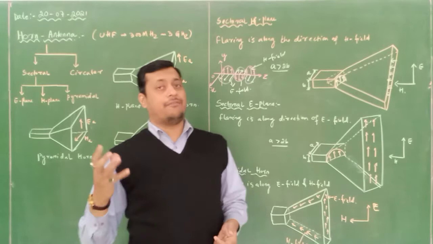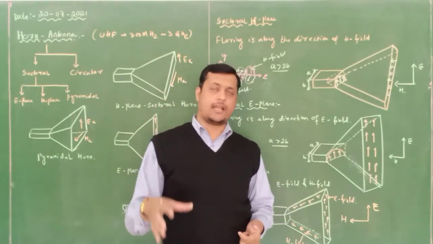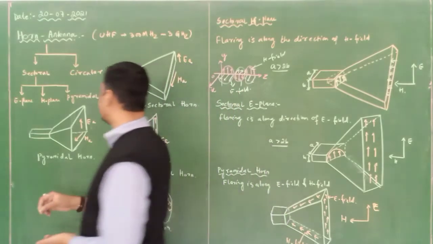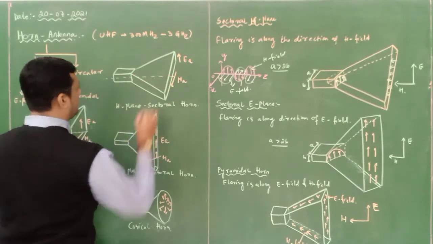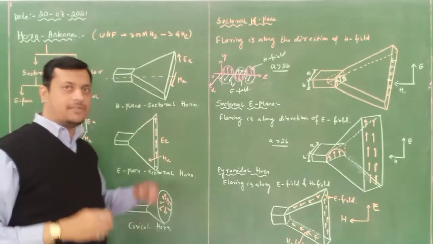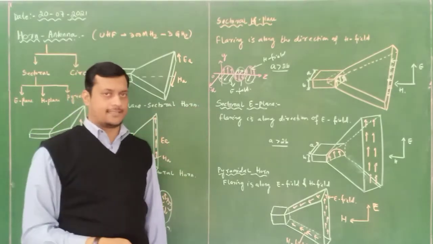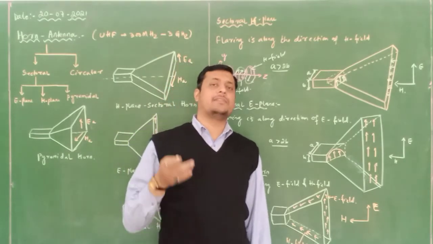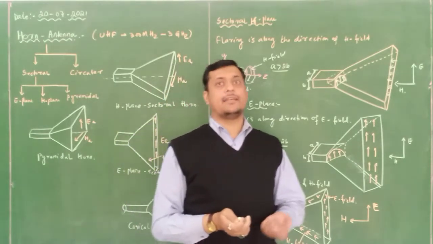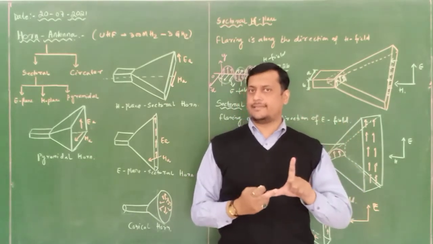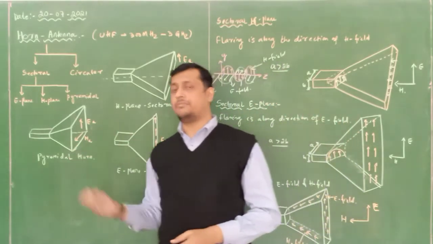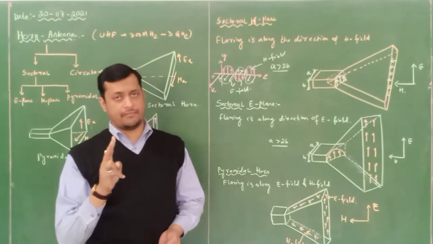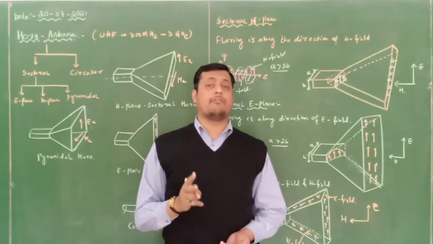Now same thing, when we deliver the microwave signal in a rectangular waveguide and we place that waveguide whose axis, let us consider this is the axis of this particular waveguide. If this axis is along z-axis, that means I am delivering my information along z-axis. So when I am delivering my information or the microwave energy in the z-axis, that means electric field and magnetic field need to be measured in other perpendicular direction, in x-axis and y-axis. Now since it is a part of a rectangular waveguide, you people must have known about the two types of modes that are going to be identified. One is dominant mode and one is degenerate mode.